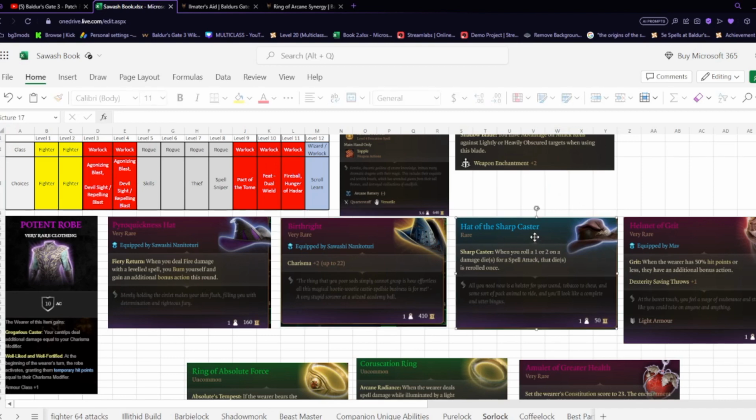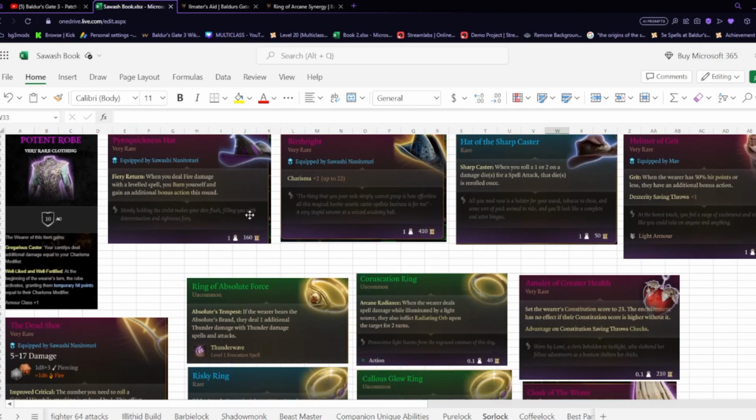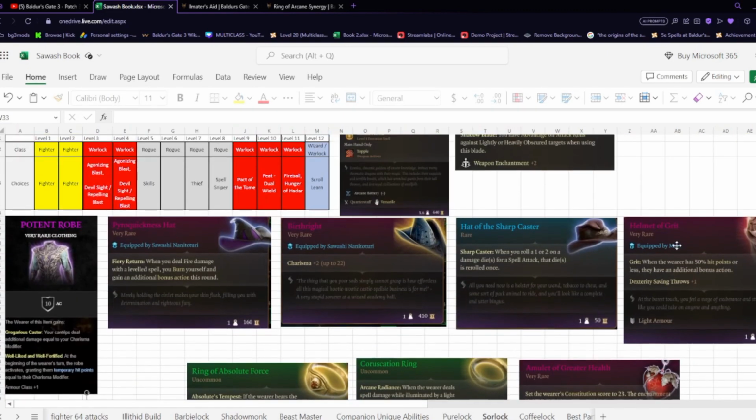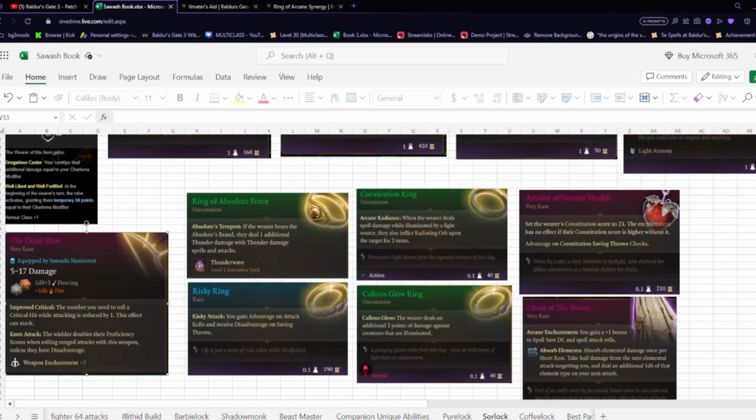Also, the Hat of the Sharpcaster can help you, because it helps you reroll damage dice for the spell attacks, and that's your Eldritch Blast, and you're going to be rolling 1 or 2 often, because you are adding 1d10 and 1d8. So this is going to increase your damage a little bit. Okay, yeah, we talked about the Deadshot, and anything that effectively increases your chance to hit is really useful. Now for rings,